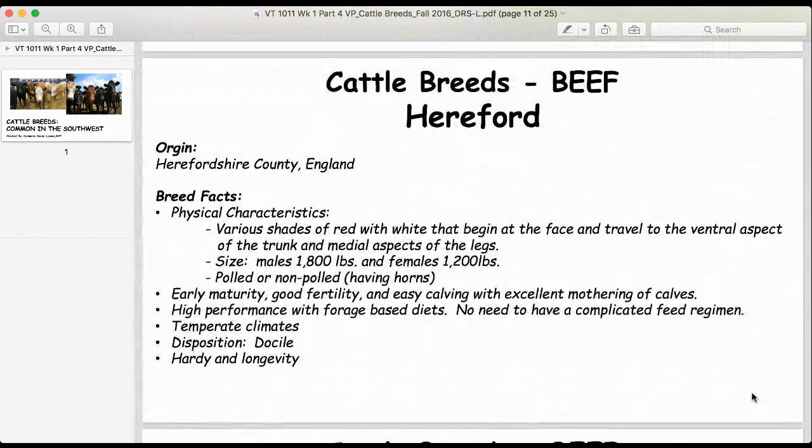Probably one of the main breeds that we see in the United States, and a lot here in the Southwest, is the Hereford breed of beef, H-E-R-E-F-O-R-D, Hereford. And it's actually from England. They are various shades of red with white, and typically the face is white, and it might travel down into